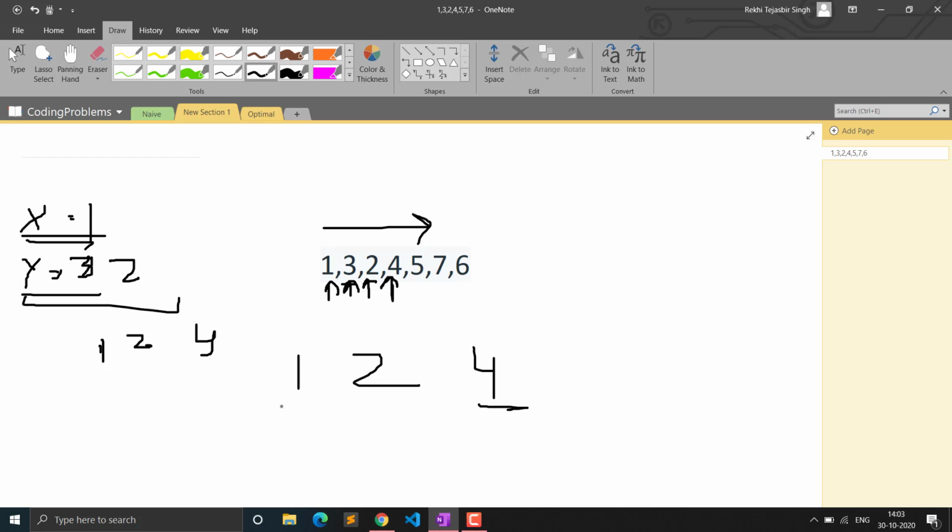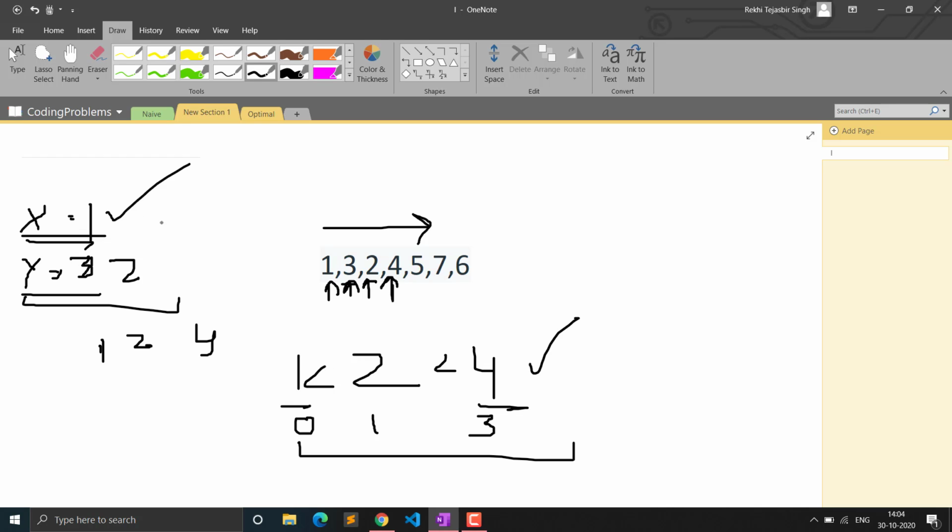So actually, at the first index we set the x, and the indices are also smaller. You can see the index for this is 0, for this it is 1, and for this it is 3. So that means it satisfies the condition also. 0, 1, 2, 3, you can see it satisfies the condition also. That means the answer is true, so we will simply return true.